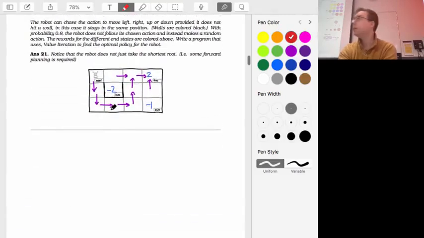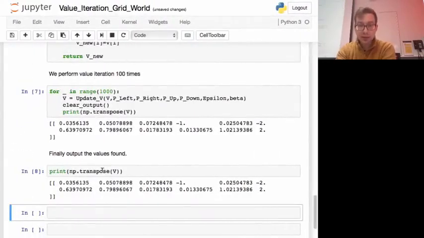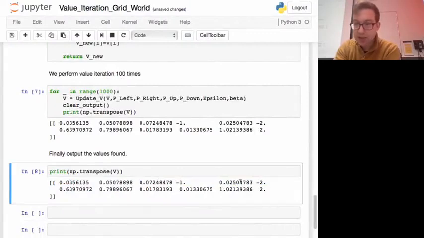Eventually it'll reach an average value, which points towards this path here. It's more costly to go here than here, and you'll see that in the numbers. The numbers next to the negative numbers are going to be a bit smaller than the numbers next to this 2, for example.